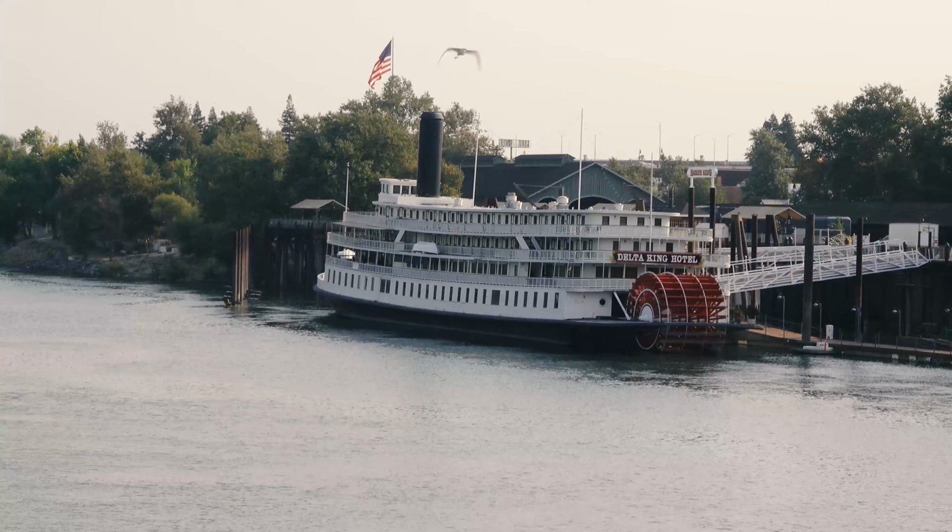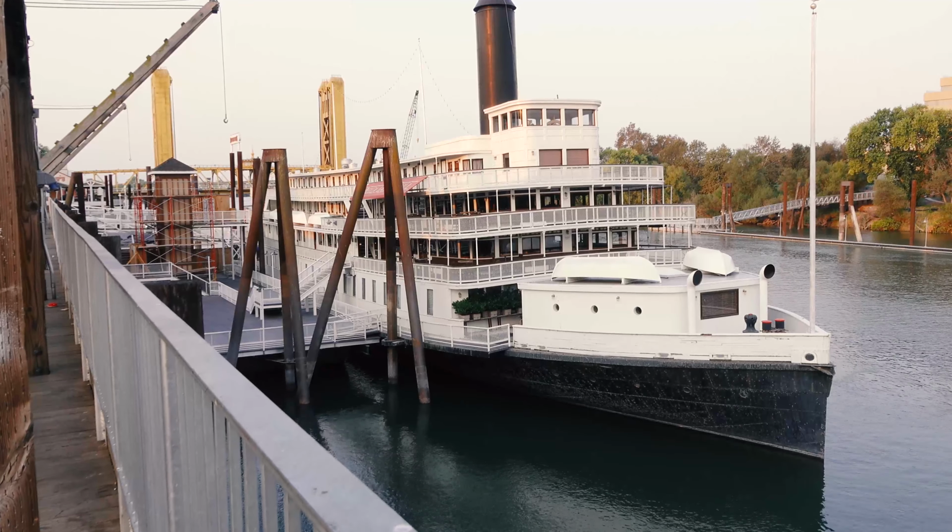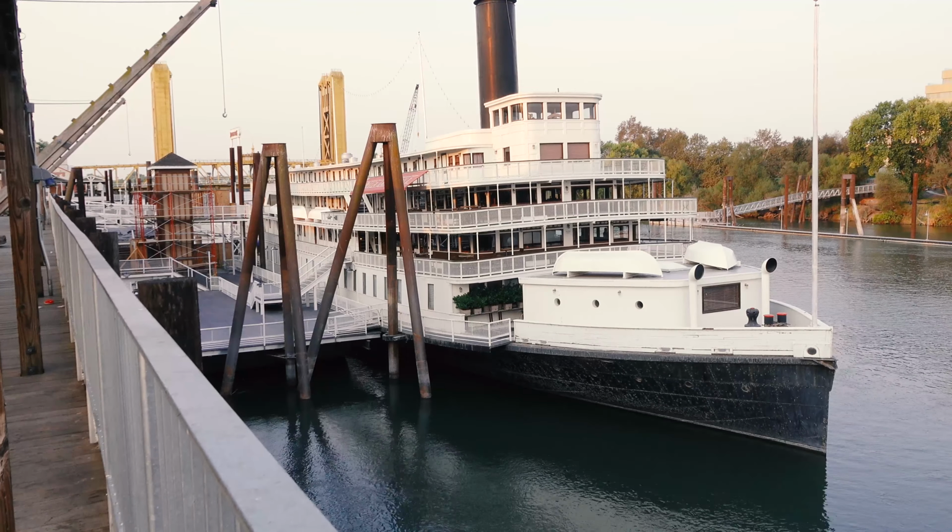If heading down the river to San Francisco, food items were the norm, rice and canned food. If heading up the river to Sacramento, they took tools, parts, and manufactured goods. That was the norm. Towards the end of 1940, the Delta King was renamed USS Delta King when it was